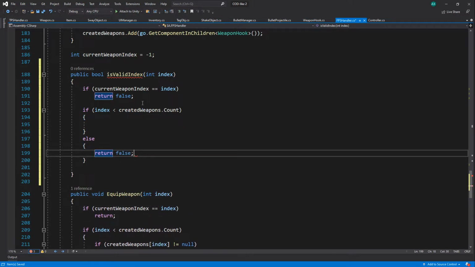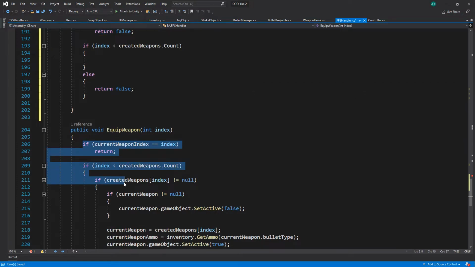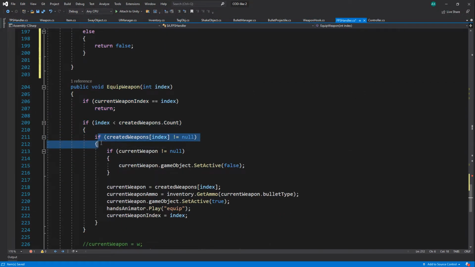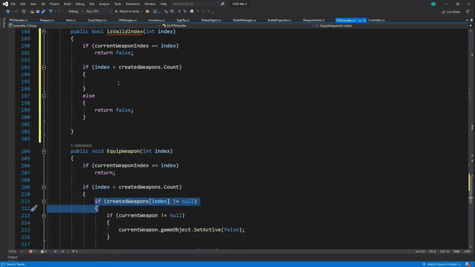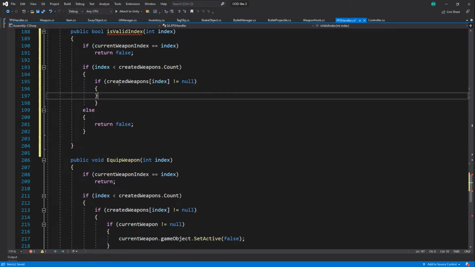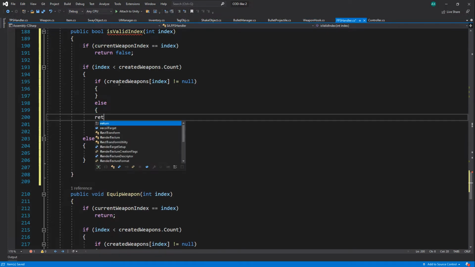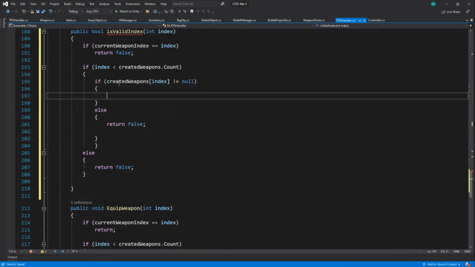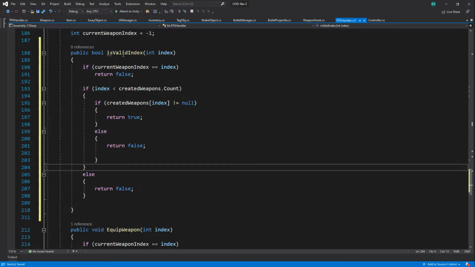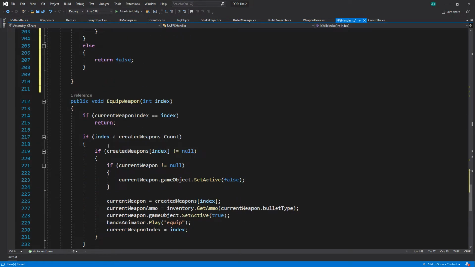Return false. We need to delete this, and we also need this. Return false. Return true. These are all the cases that the index could be valid,